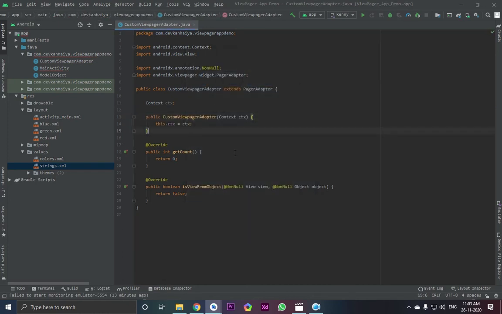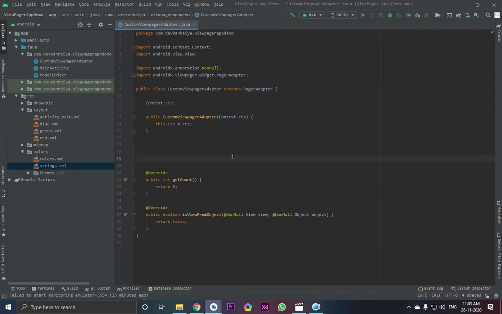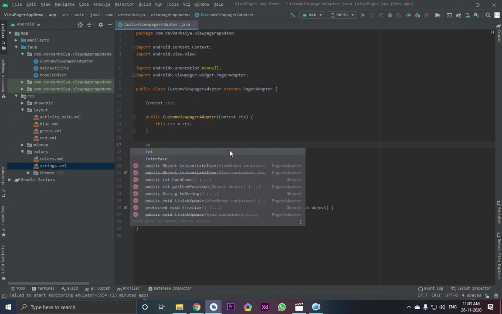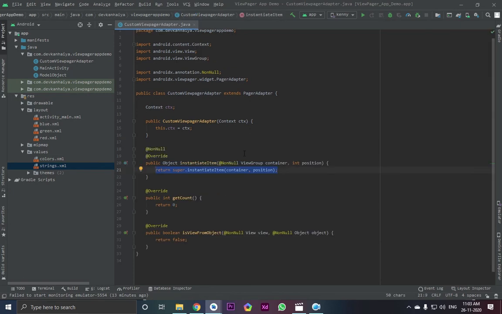Now we need a layout here. So how are we going to instantiate our layout? Let's just search for instantiate. Now instantiateItem. Okay, now we are going to insert it here.